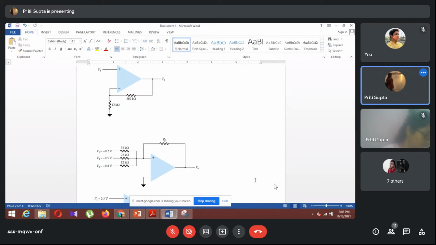Fine. Why am I getting such a low value this time? Did you multiply by 330? Yes, 330 kilo. Okay, it was kilo ohm, wasn't it? Just wait. 330 into 10 to the power 3, into 10 to the power 3. It's 18.5, right? 18.5 is the right answer.